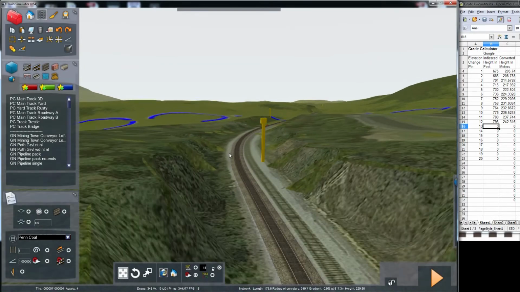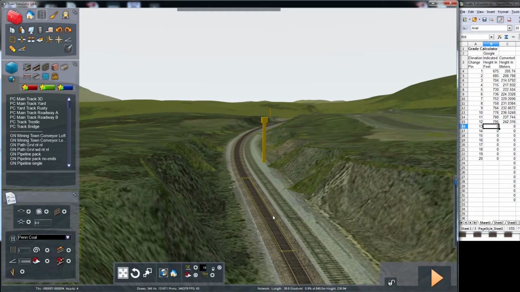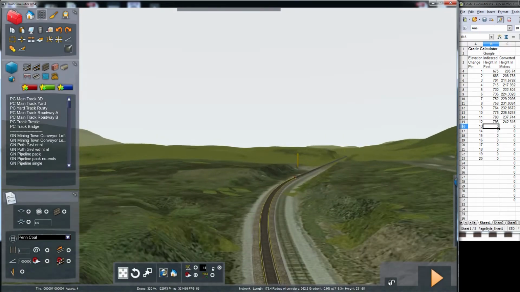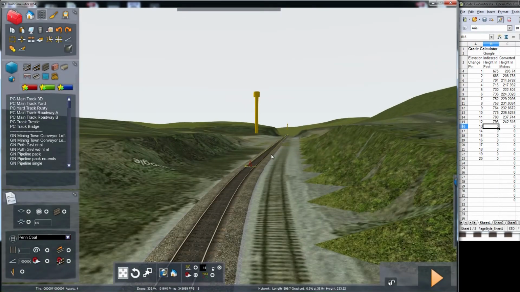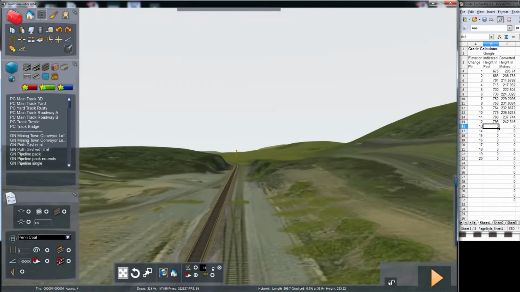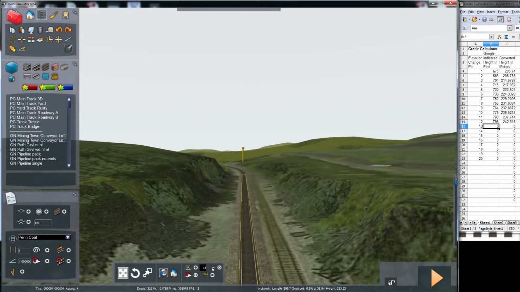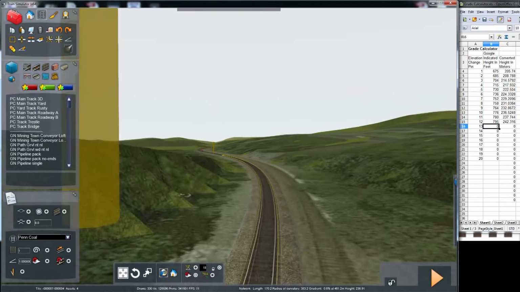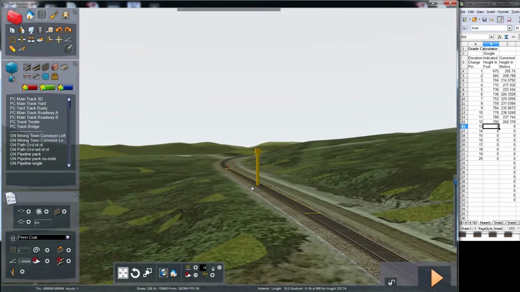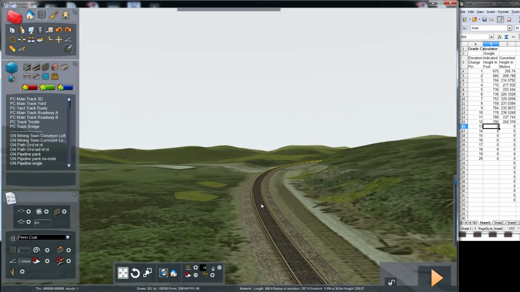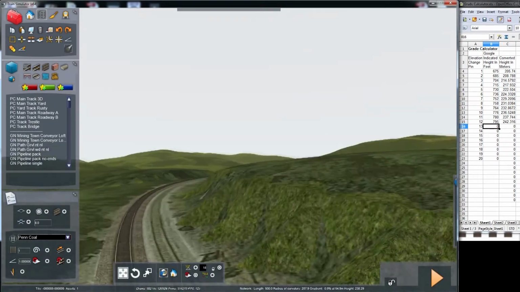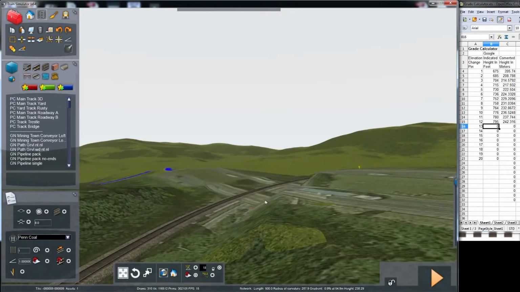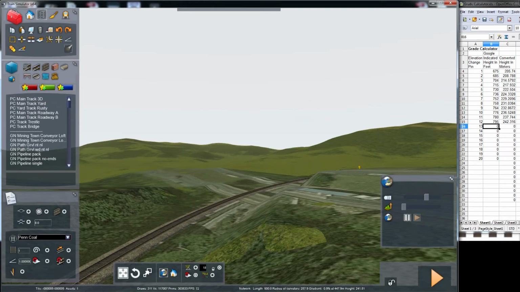0.9% there. 0.9. 0.9. 0.9. These are the gradients that we have determined via using the measurements out of Google Earth. Now we're at 0.6, 0.1, 0.9, and that's around the corner. That stays 0.9. Now, let's, for the fun of it, go over here and look at the old profile chart